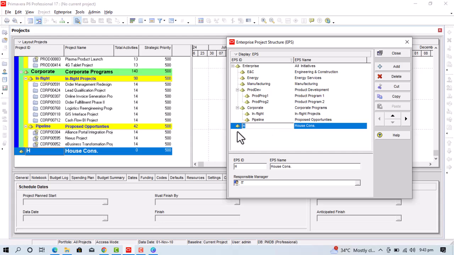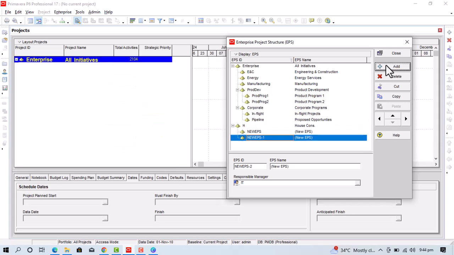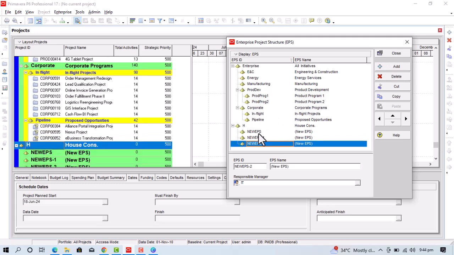Now what I want is that there should be three mini projects, sub projects, in this project. I would add three EPS here, and for example, I do not change the IDs. You can keep the IDs whatever you want. I simply click on here and give it the name foundation plan,